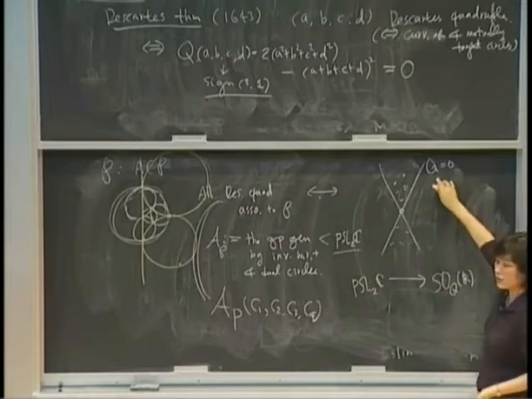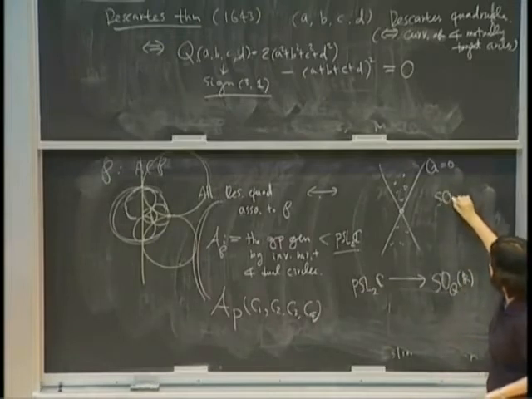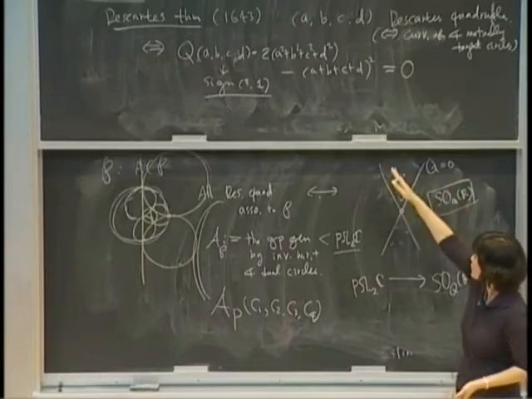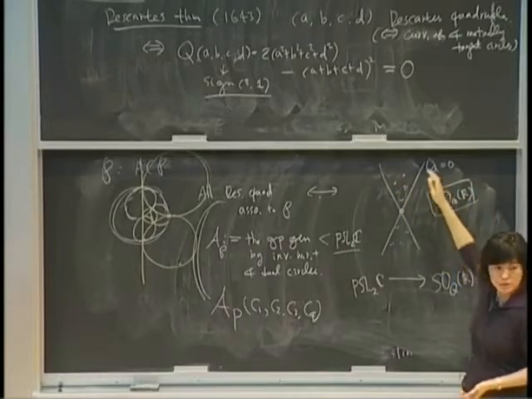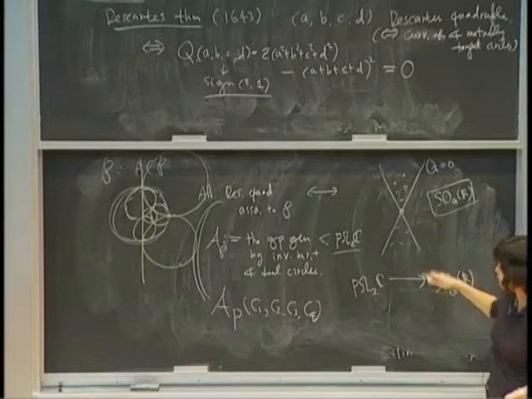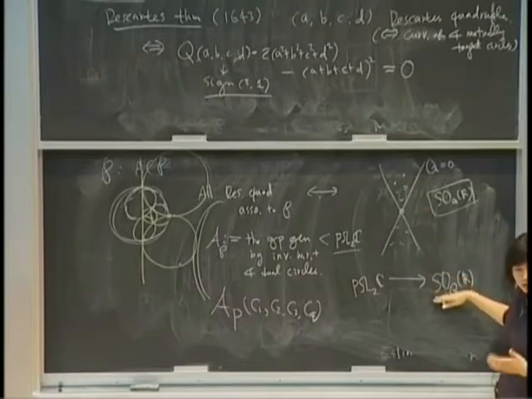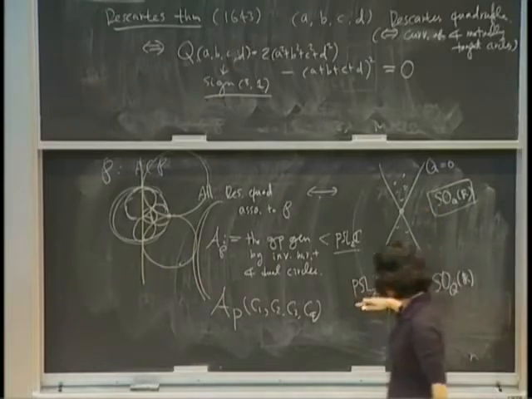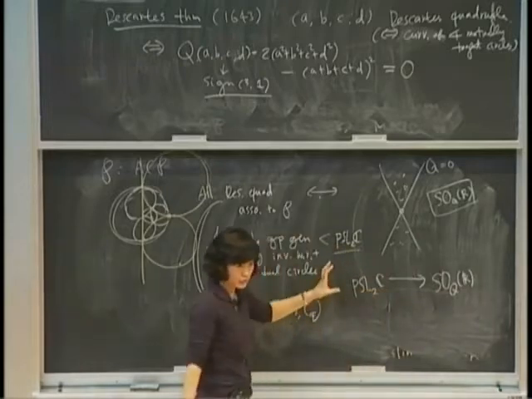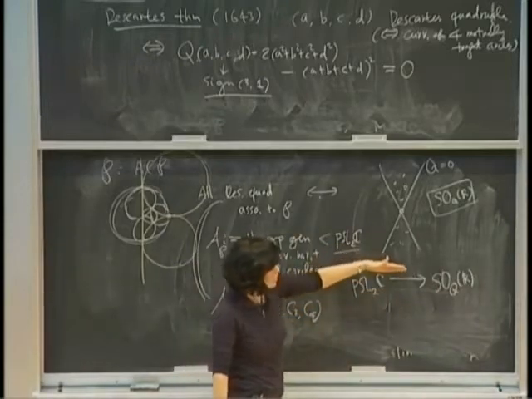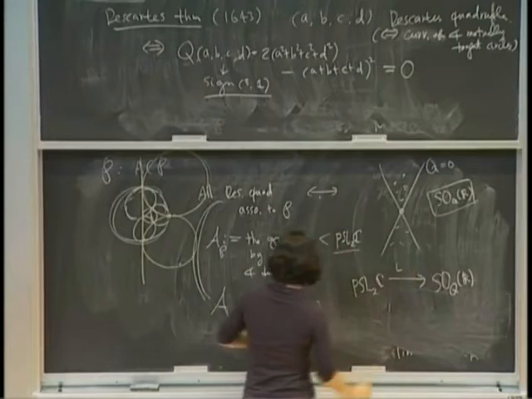So I have here a quadratic form. If you look at the orthogonal group corresponding to this quadratic form, this orthogonal group preserves the level set. So therefore, it preserves the cone, right? And then it has signature 3,1, and the signature 3,1 orthogonal group is isomorphic to PSL2C, but we can find the explicit representation here, which maps